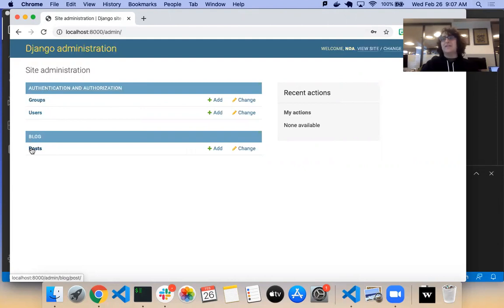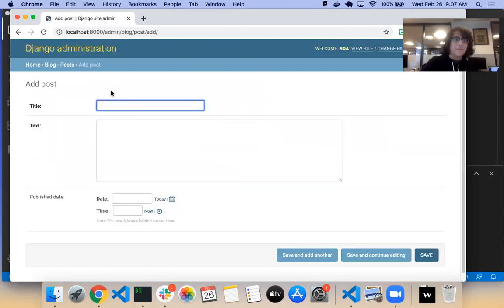So this is a GUI that Django provides to help us interact with our database so that we can mess around with it without having to worry about using the console and installing Django extensions or anything like that. It's a very useful tool, especially if we want to add posts to our site so that we have data models that we can show before we start making our templates. So let's add a few posts.